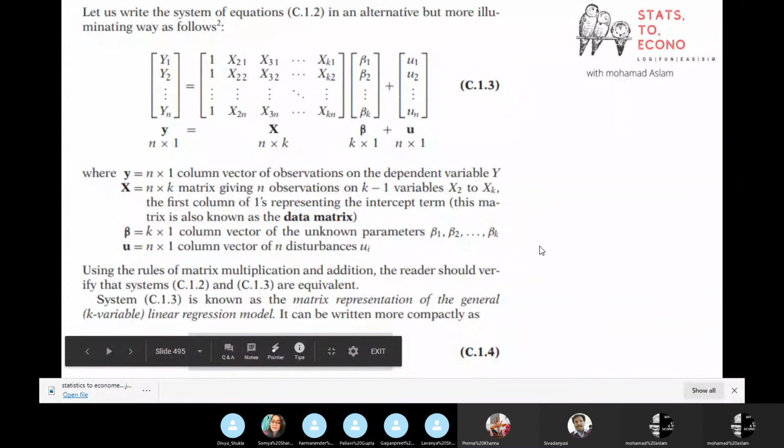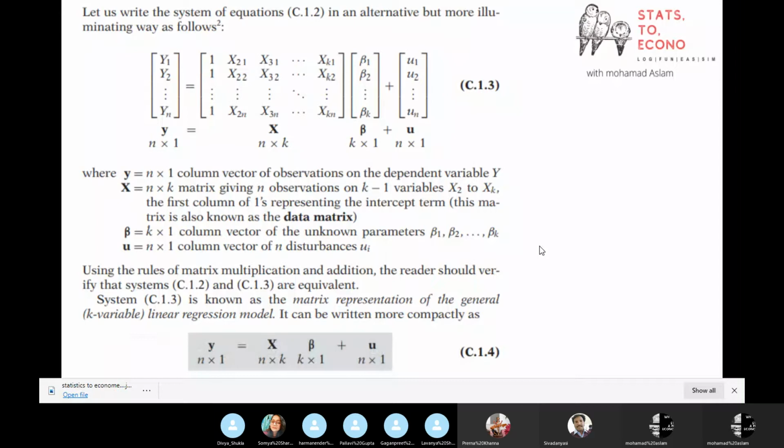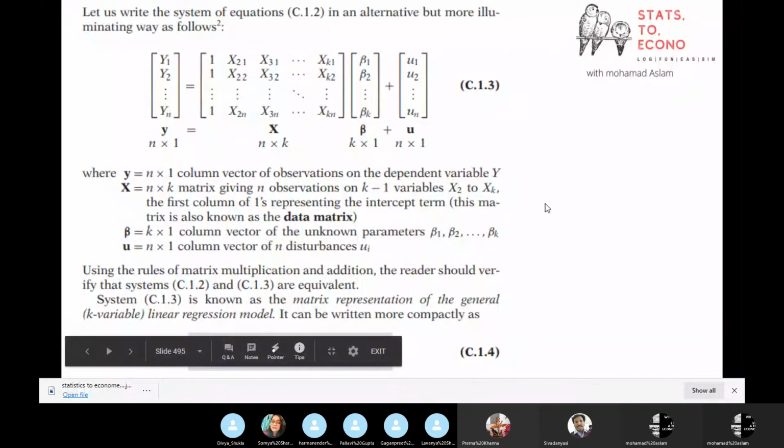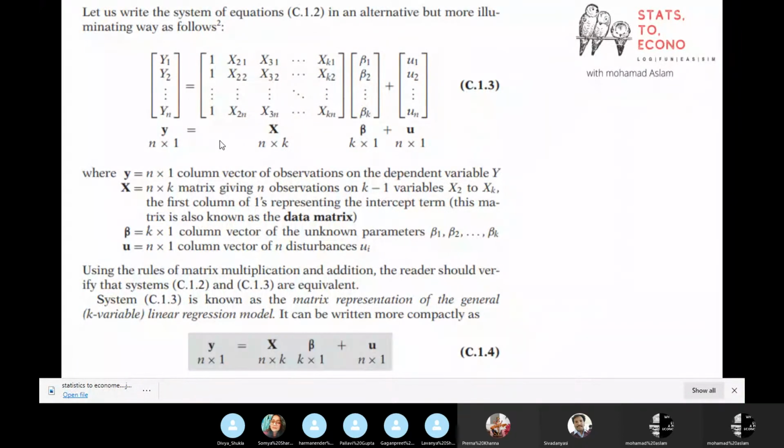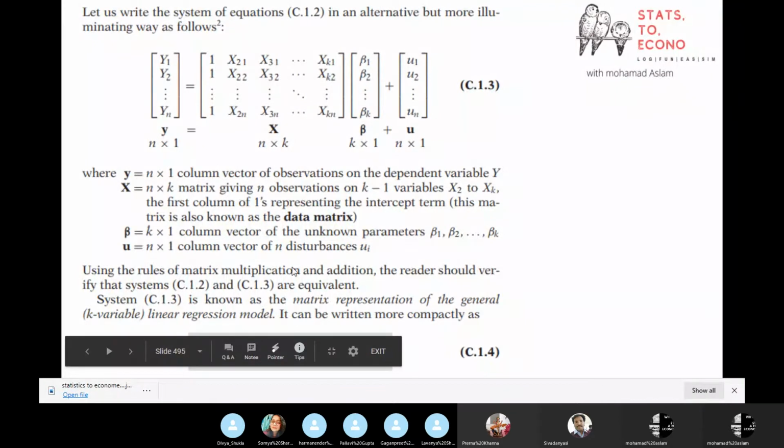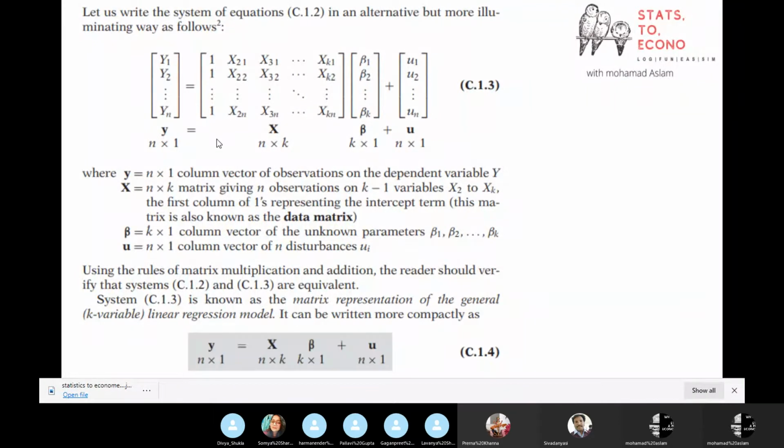Any doubt so far? Yesterday we did it with the simultaneous equation method, and there the equation is y equal to beta 1 plus beta 2 x plus residual term. Here, in place of that, now we have more than one independent variable. So now we are doing it with the matrix form. Now our regression equation is: this particular equation consisting of all the equations, Y equal to X matrix multiplied by beta matrix plus residual term.